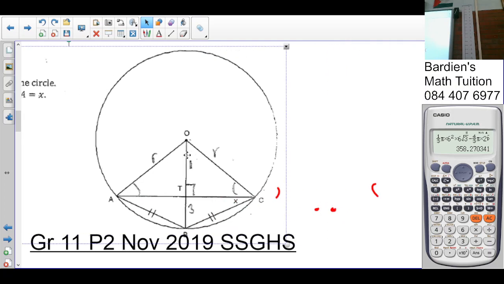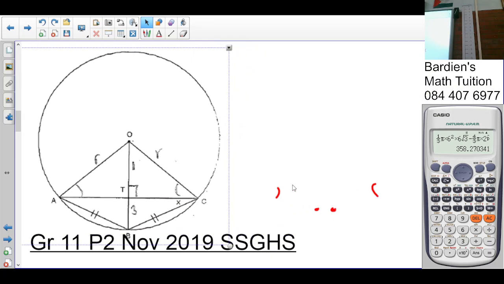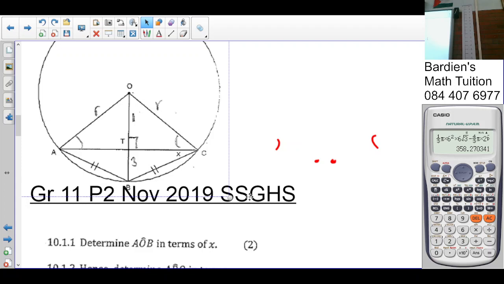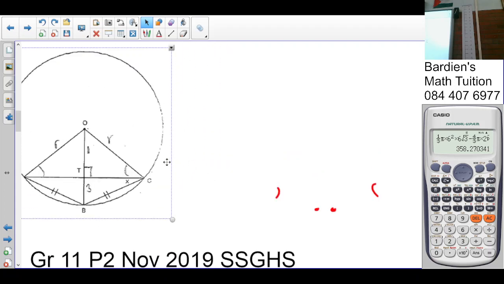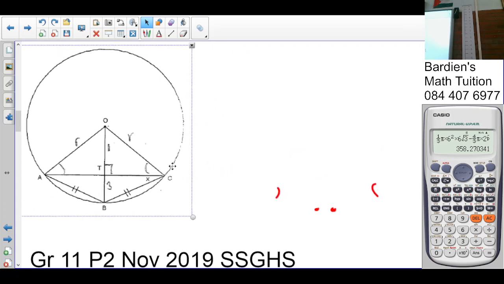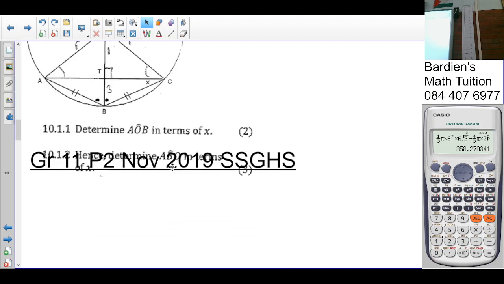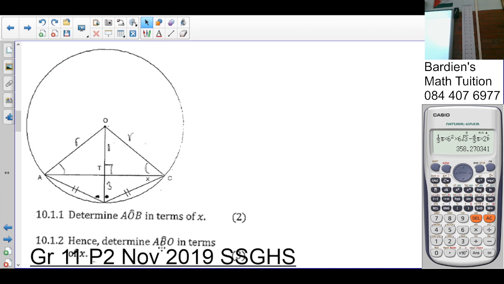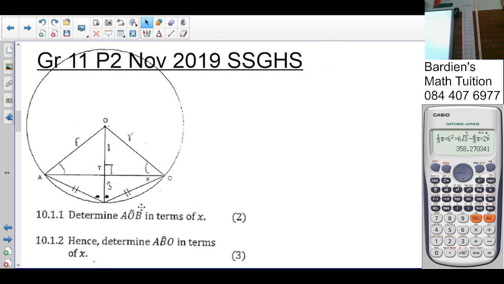Okay, so I'm just going to move this over. So again, to have the diagram in focus. Okay. Basically, that's what we have there. So we're going to fill in this here to indicate that those angles are equal. You see, that wasn't given equal on the diagram. That is why I put it in there as well. So let's see what's the first question as entailed for us. We are asked to determine